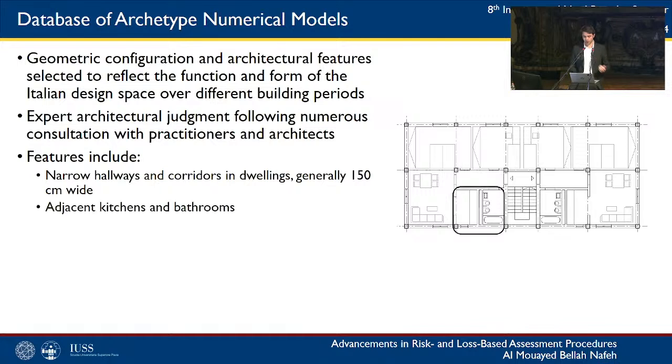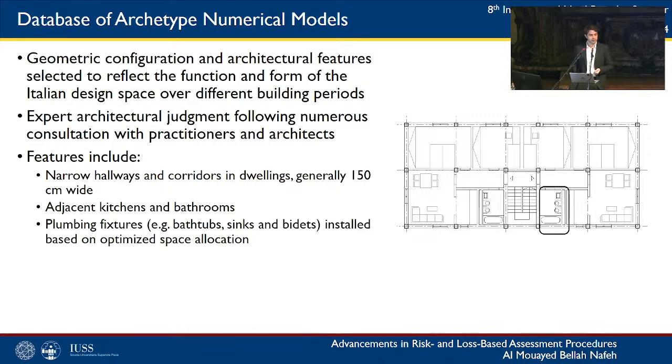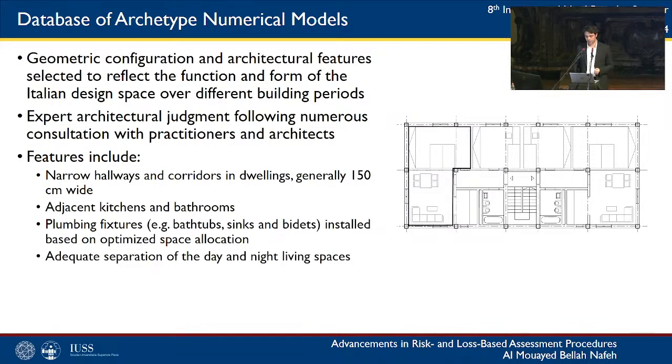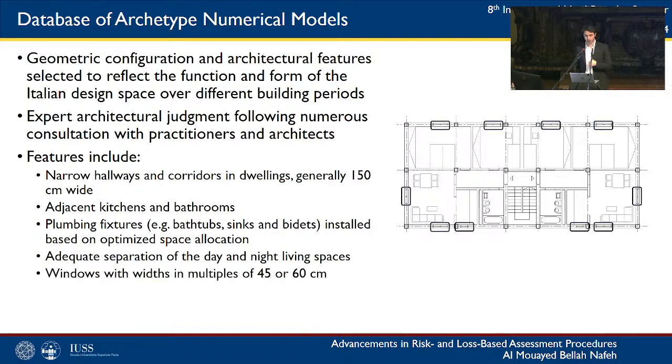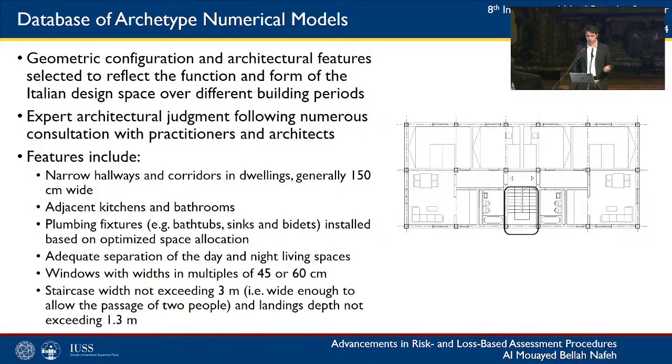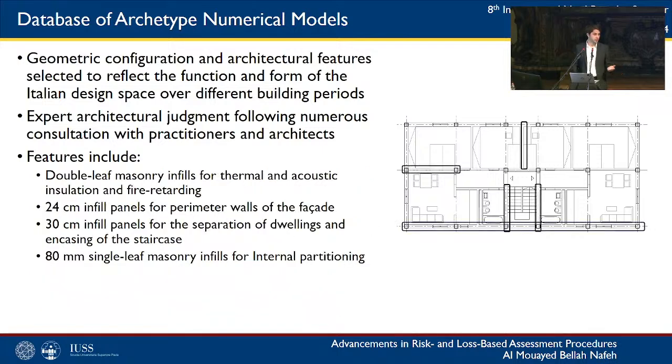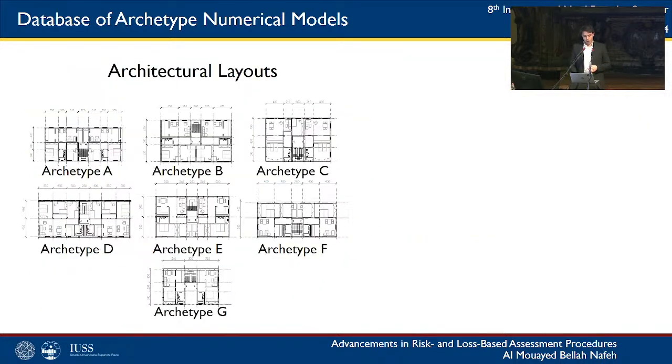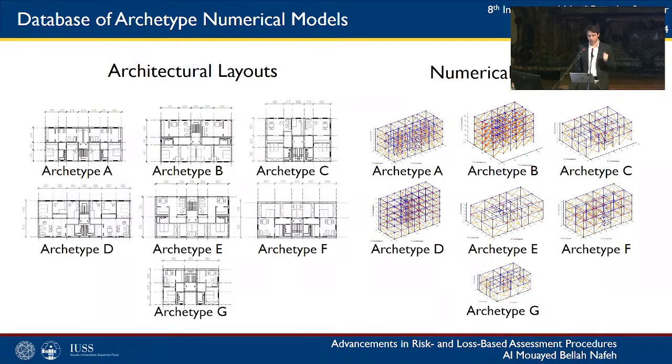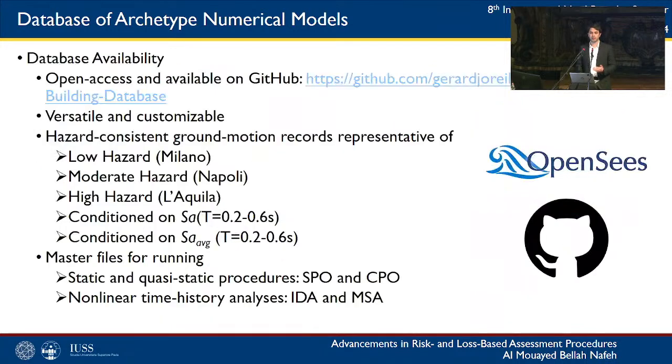Second, the geometric configuration and architectural features of the database should be significantly representative of both time and space. This was addressed based on expert architectural judgment following numerous consultations with practitioners and architects. Now, this effort resulted in 7 different architectural layouts and 105 numerical models in total. The models were built in OpenSees using a 3-dimensional lumped plasticity approach and considering the latest state-of-the-art numerical models which were calibrated